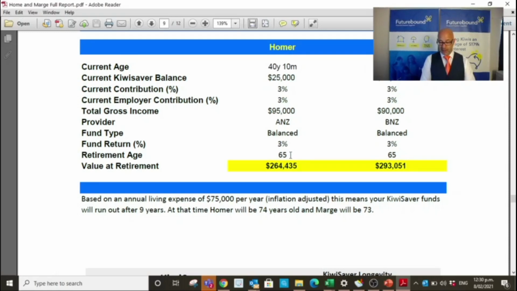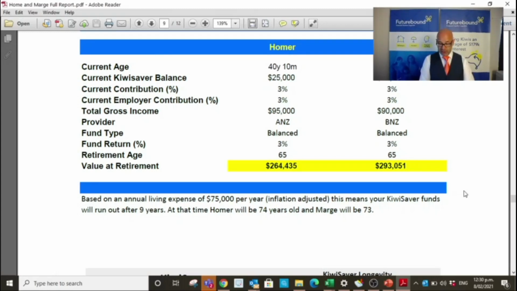And his retirement age is 65. So he should have approximately 264,000 in his KiwiSaver account at retirement age. And then the same for Marge. She's also contributing 3%, employer 3%. She's earning 90. She's using BNZ, and she's got a 3% fund return as well. So she should have about 293 when she gets to completion age, 65 years old, and should have a bunch